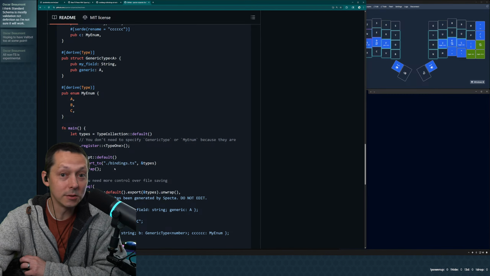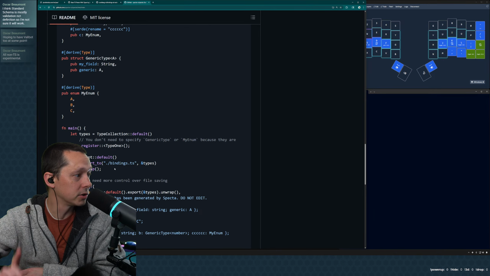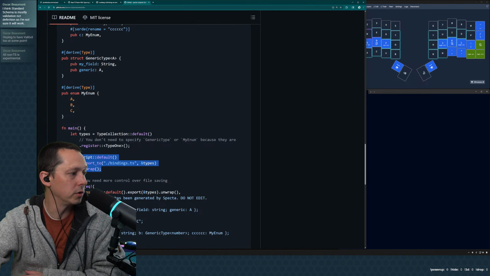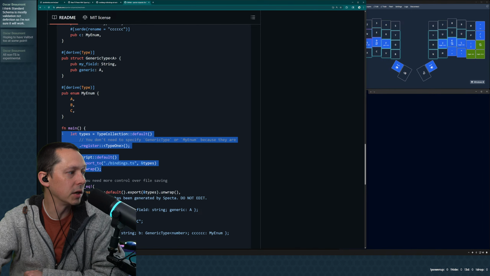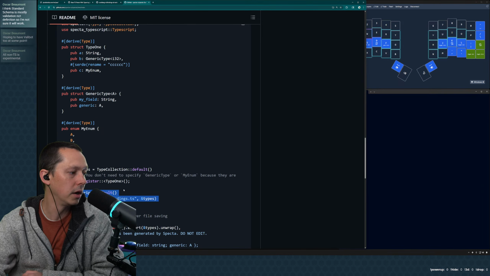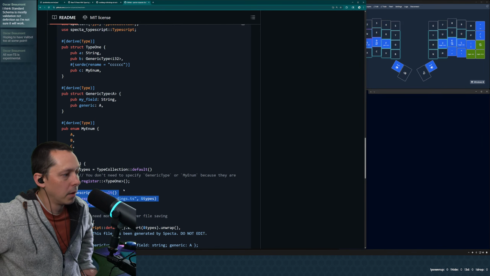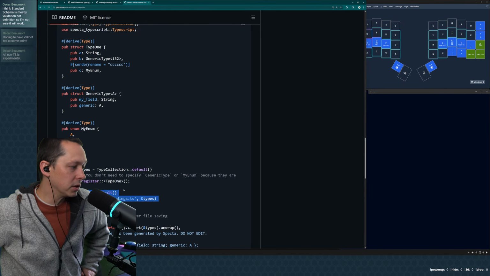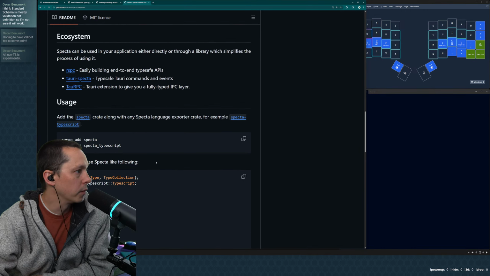Okay. Anyways, as we were saying, type collection and this export to. These are the bits that end up taking your types and then generating the actual TypeScript. But what's specifically interesting about what Oscar has been working towards is